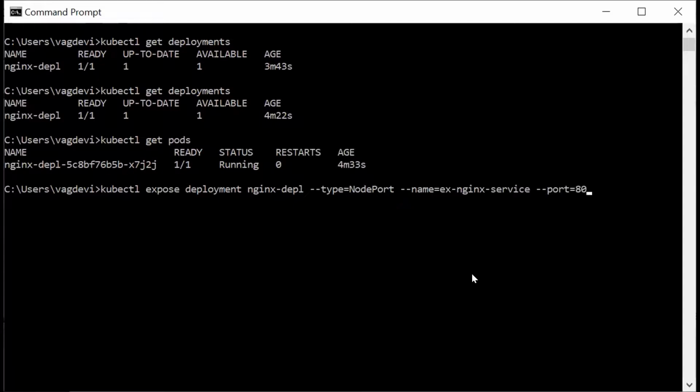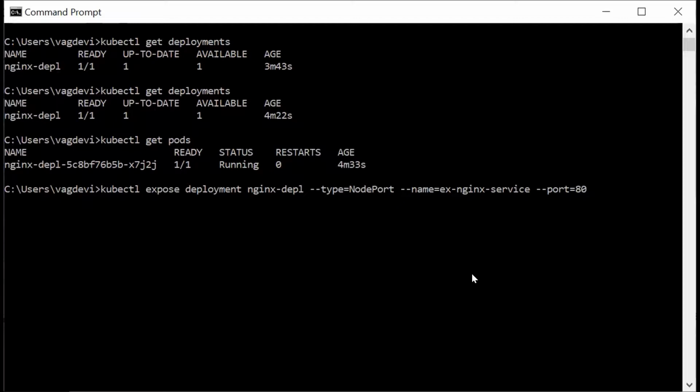So basically we want to expose the deployment named nginx-depl, and we want to put the service type as NodePort because we want to expose this app outside the cluster. NodePort type is used to expose a service to the outside world, so that using this type of service we can access the application either from a browser or through a curl command, command line and all.